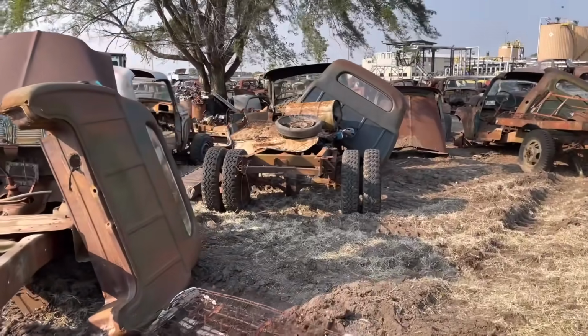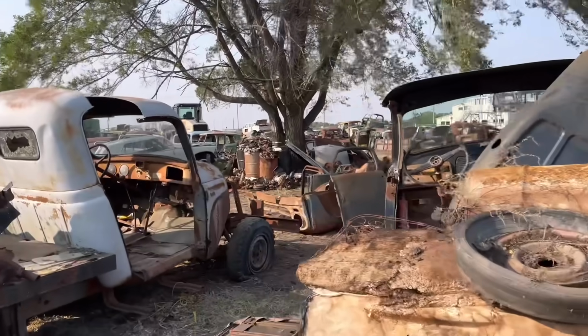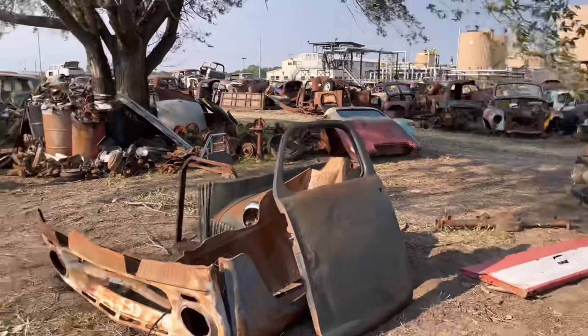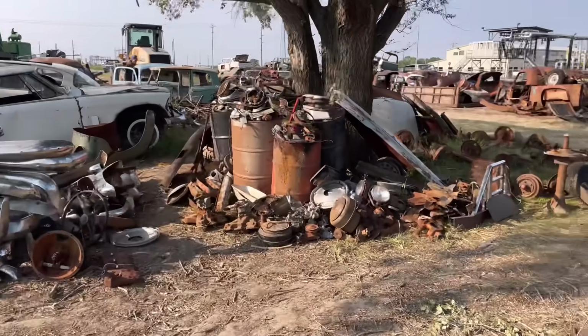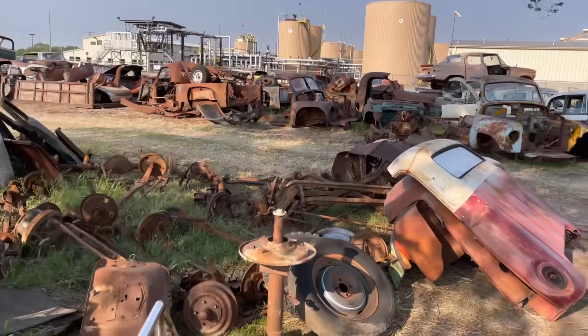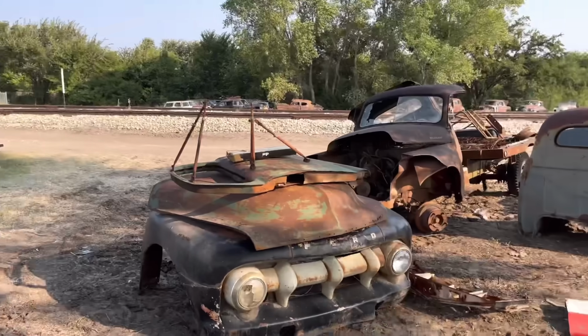wall art. We cut these cab backs off. We've already taken home 3 trailer loads of small stuff like that. We saved doors, we saved noses, we saved bumpers and hoods, all sorts of small trinkets, you name it. We pulled all sorts of stuff off. So the straight front axles. And so we saved a lot of stuff off of these cars that would have gotten crushed if anybody else